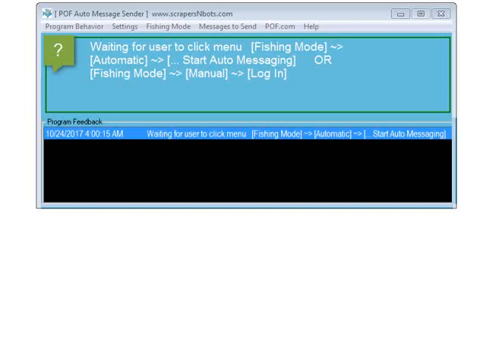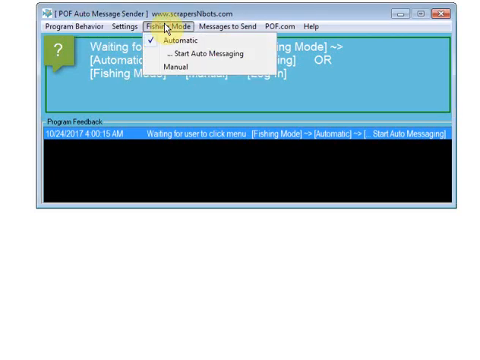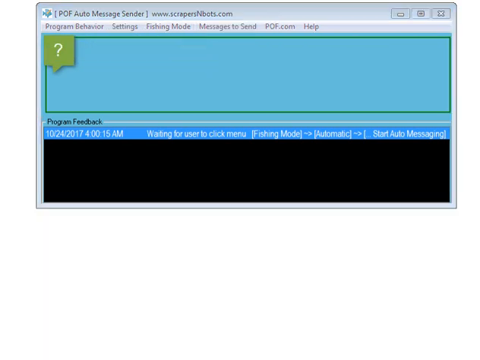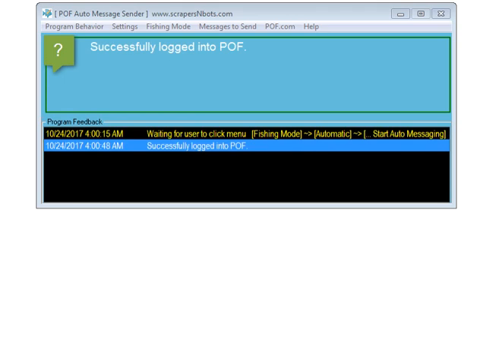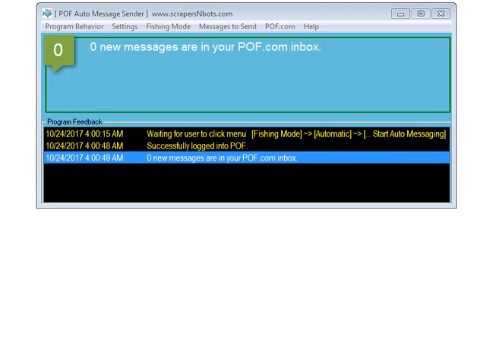To use POF Auto Message Sender on automatic mode, begin by clicking the main menu item, Fishing Mode, click the sub-menu item, Automatic, and then click the sub-menu item, Start Auto Messaging. The software program will then proceed to log you into Plenty of Fish, check to see how many new messages